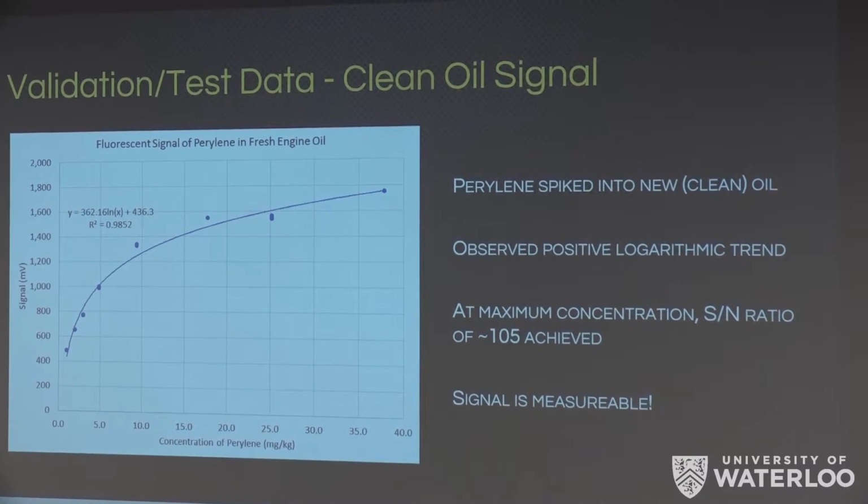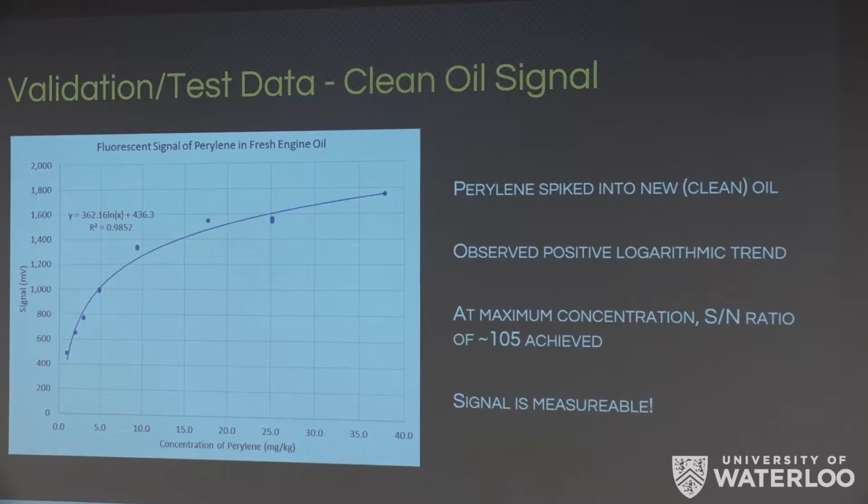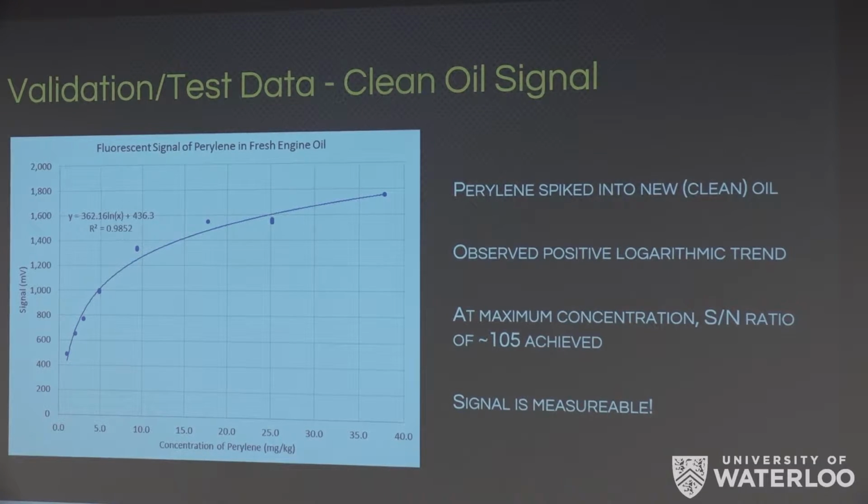So as you can see from the plot here, these are the signals we obtained from each of these samples. The trend observed for the data set was logarithmic. So as the signal continued to increase with increasing concentration, the differences in signal increase between changes in concentration got smaller and smaller as we approached our maximum concentration limit. This was somewhat expected because the effect of concentration quenching would likely begin to dominate as the concentration of Parylene increased. However, because the trend remained positive and didn't quite flatline, we can still calculate accurately the concentration of Parylene